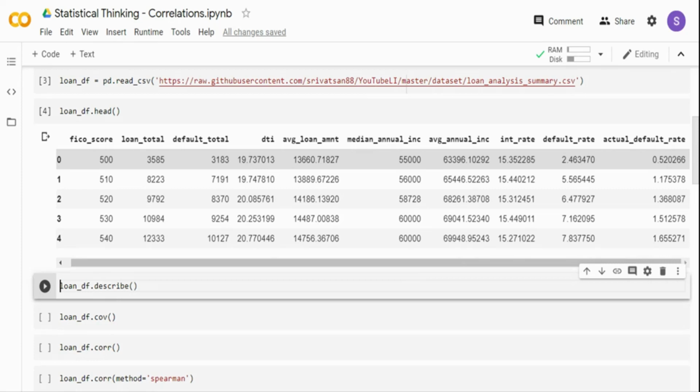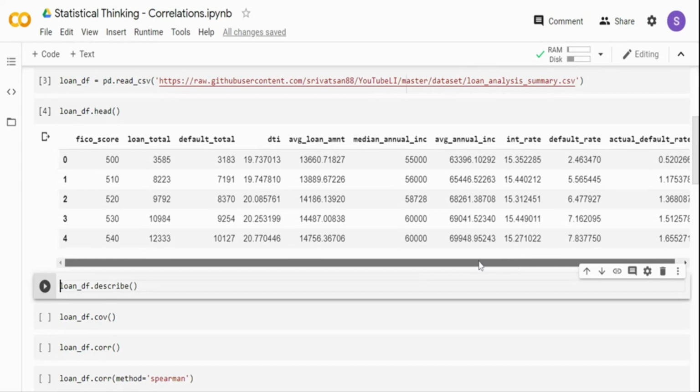And when the score is pretty low, or when the users are subprime and near prime, basically the default rate will be pretty high compared to the higher FICO score ranges. So this is our data set. Now some of the relationships come with domain knowledge, but let's go and visualize the data and see the output.